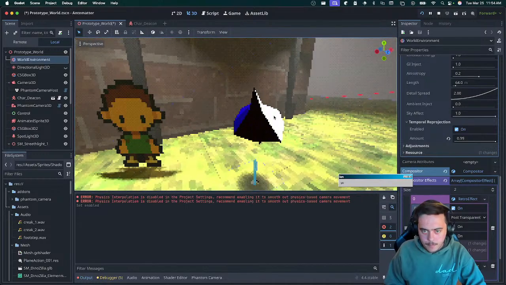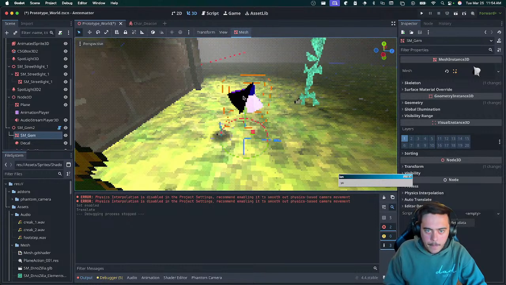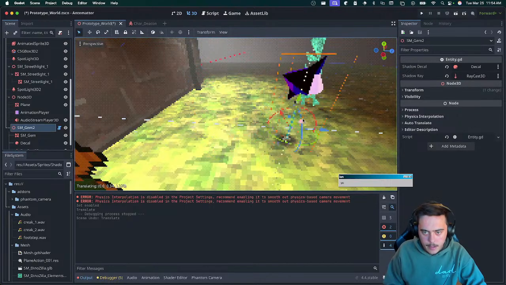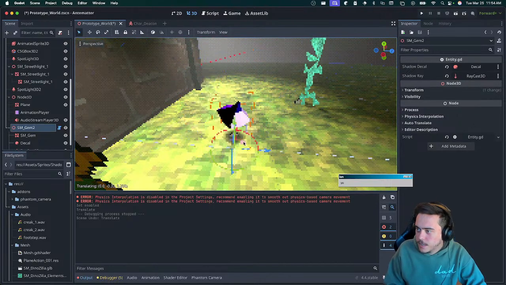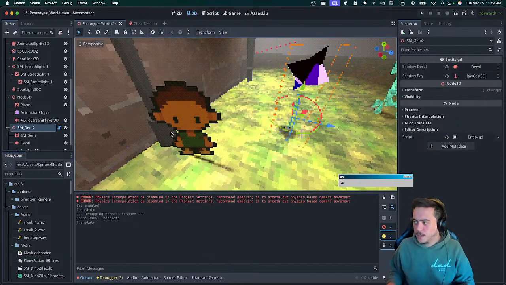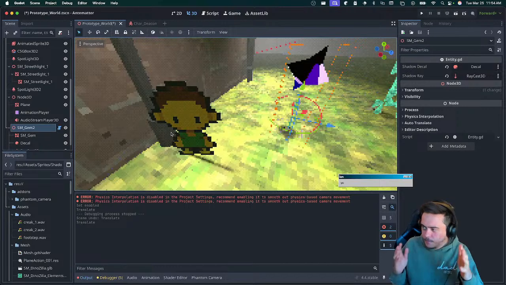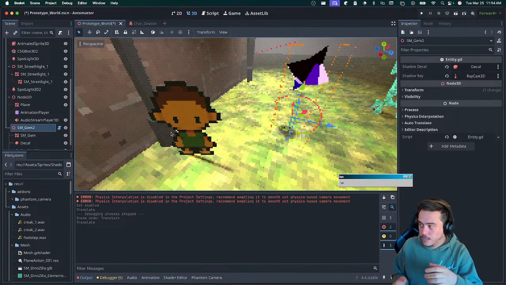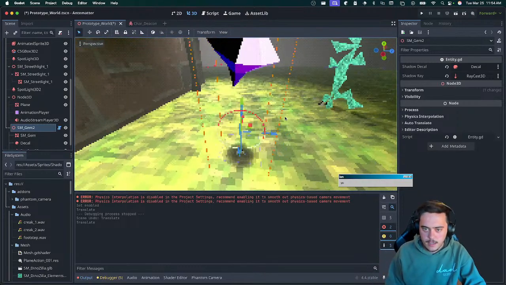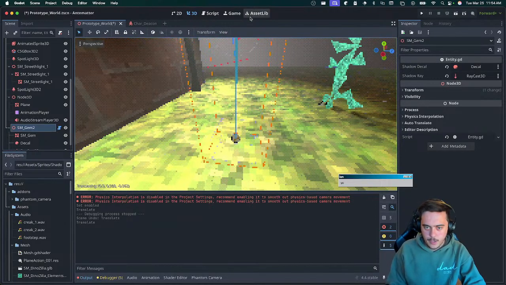So what I did is I wrote a script so that whenever I move it, you're not going to see it right now in the editor, but if I move this bad boy around, you'll see that a little shadow follows it. That's just a little decal, so you know where you are. Next time you're playing Super Mario World or Super Mario 64 or some 3D platforming game that doesn't have real-time lighting, you'll always see a little blob under your player, and that's a subconscious thing the designers are telling you: hey, this is where you are.